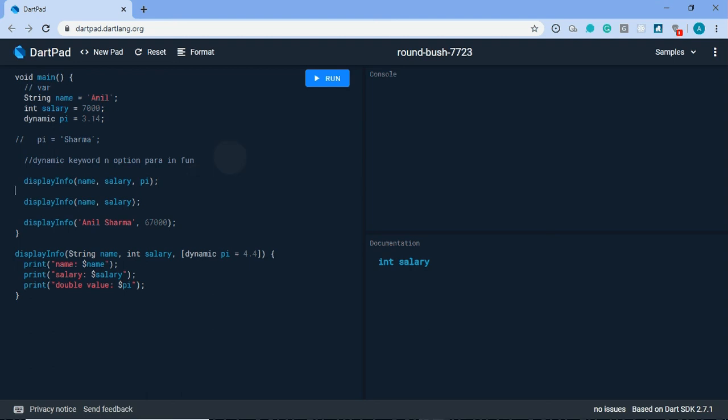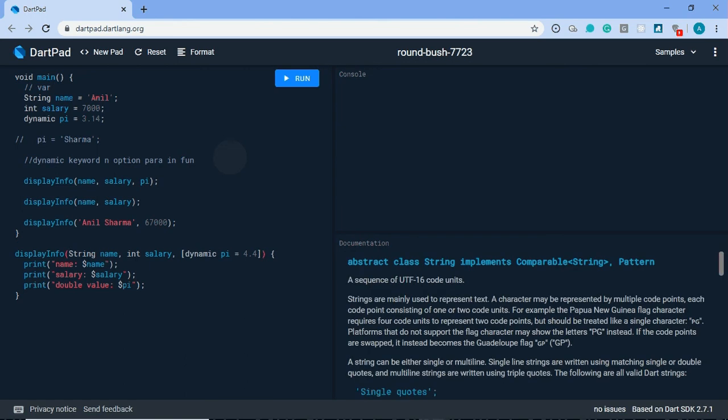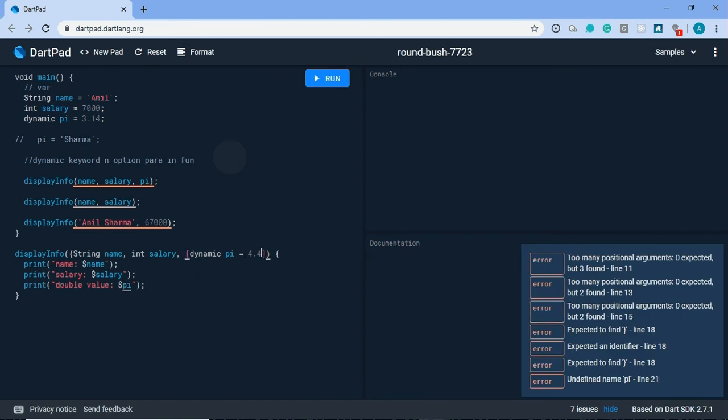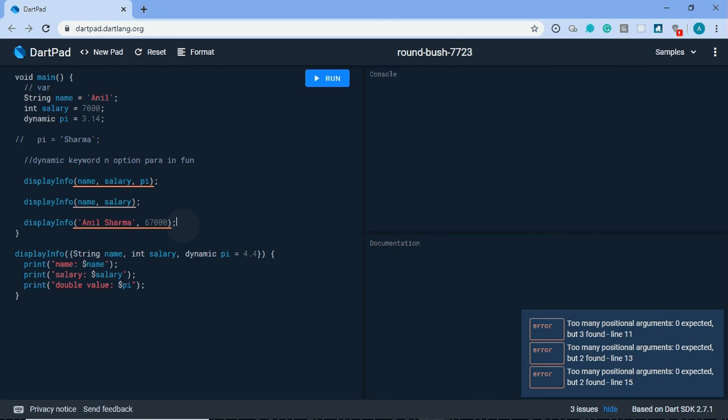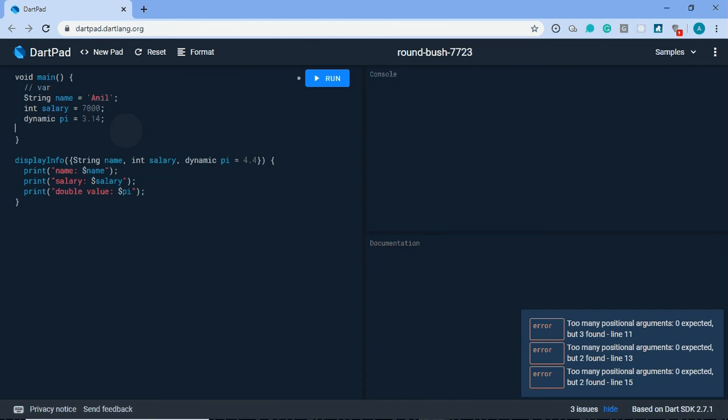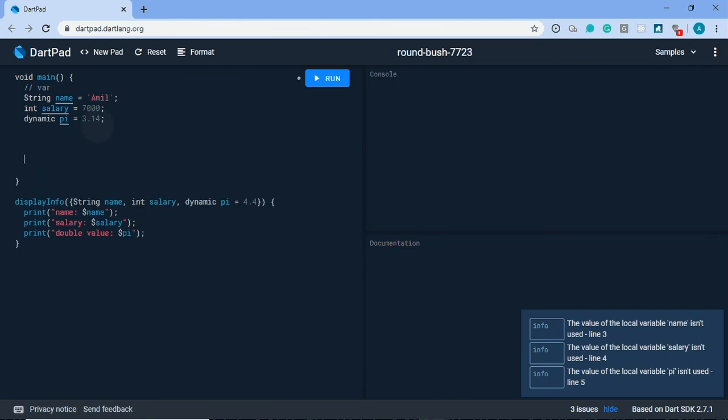So first, parameter with specific name. Okay. So here we need to use curly brackets, and here the bracket we don't need. Okay, just delete this. Now we will see here this info,